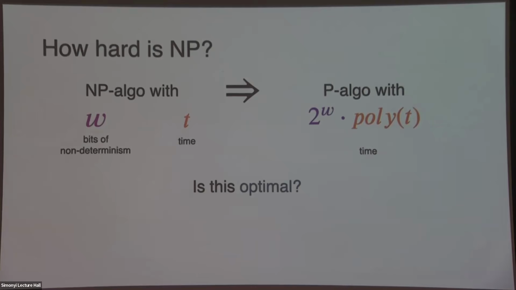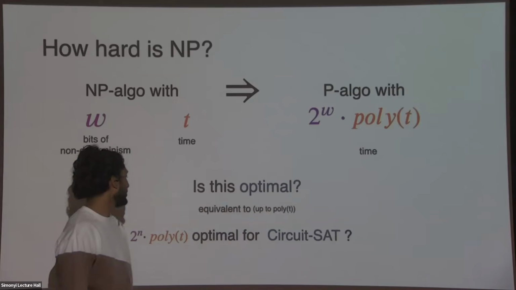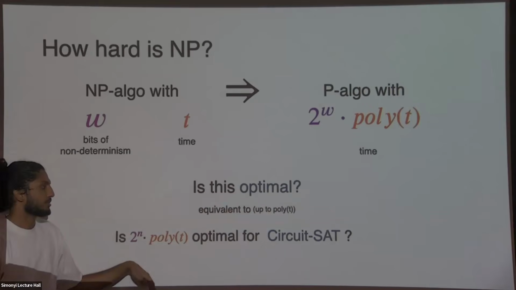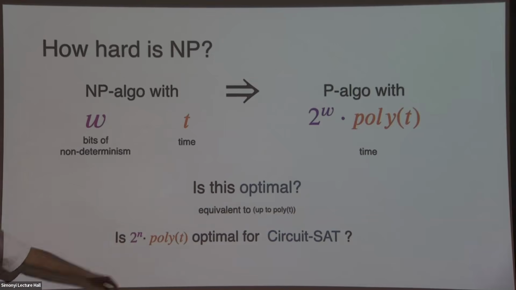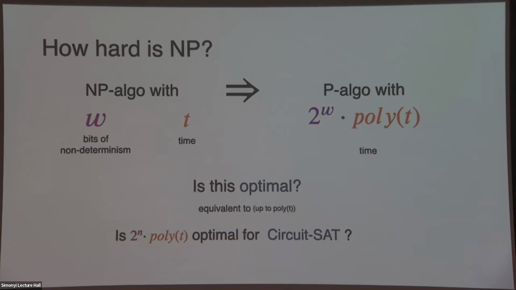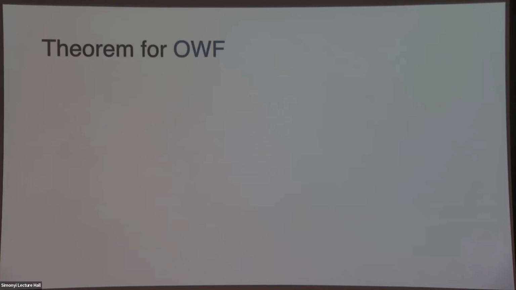And you could ask, or maybe even conjecture, whether this is optimal. And it turns out this is equivalent, up to some poly-T factors, to asking whether for the circuit SAT problem, 2 to the n times poly-T is necessary. Okay, good. And so then the theorem we get for one-way functions is that if you assume there's sub-exponentially secure